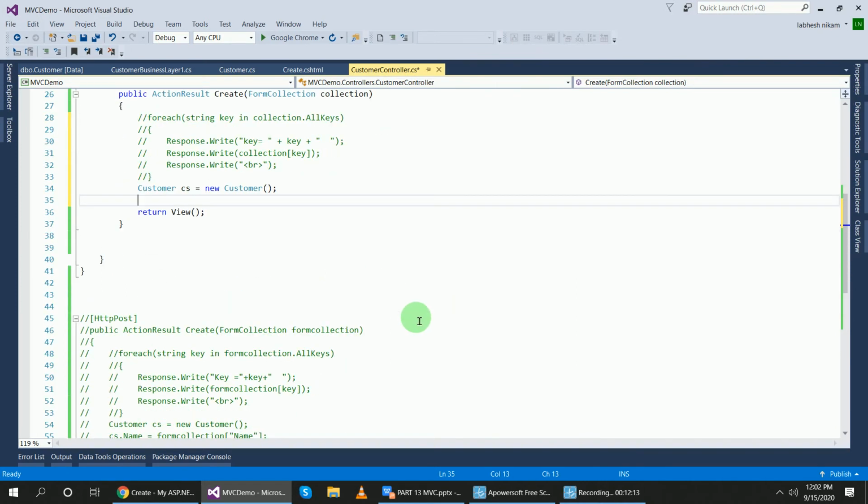Okay, now CS using object CS dot, we don't pass customer ID because it is auto implemented. CS dot name equal to what is my object of form collection? Collection. So collection using the field name, right?